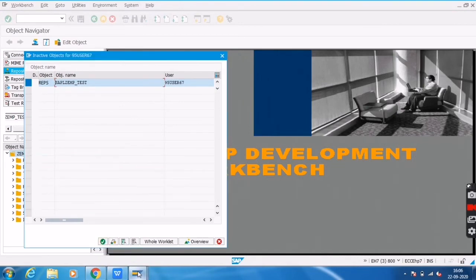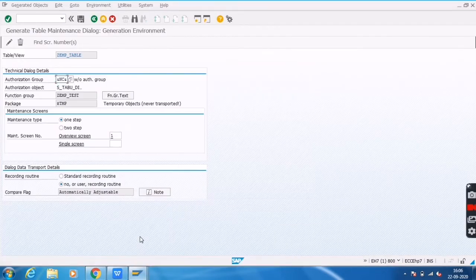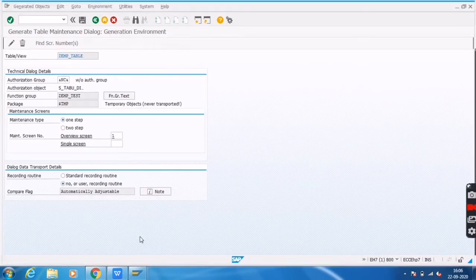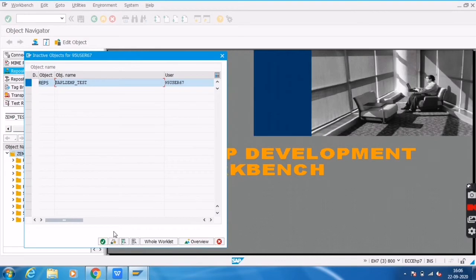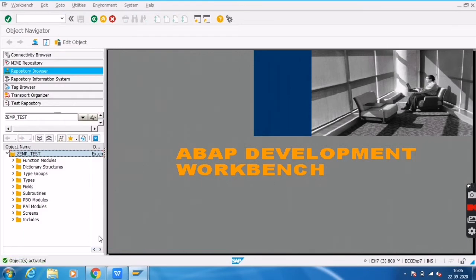Yes, it's already open, right? So we need to close this. This one also. Activate this one. Now we have already created the TMG events.